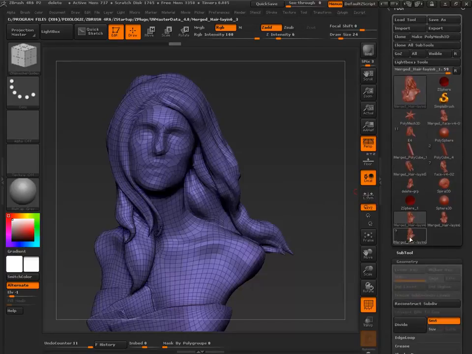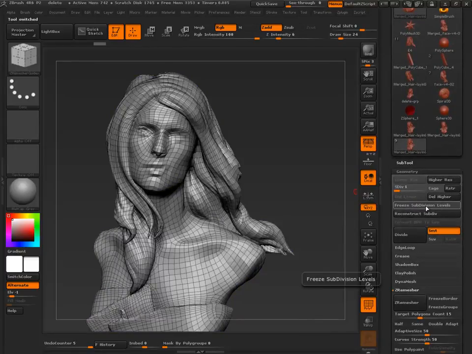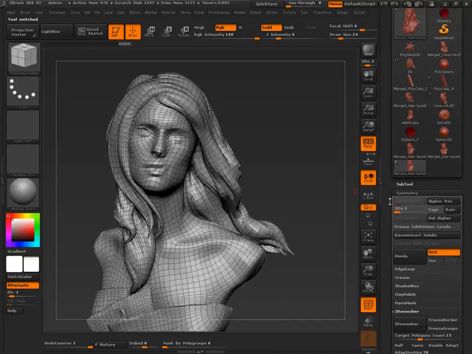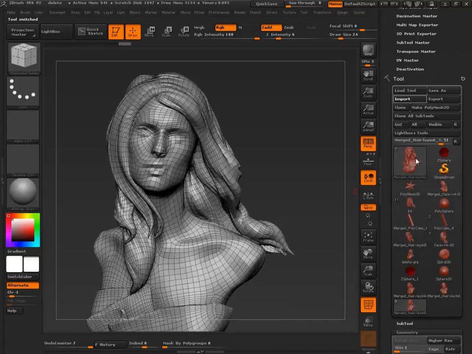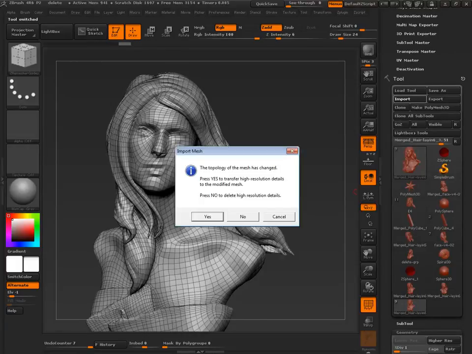Okay. Now we're going to come in here and with these subdivision levels active, we're going to import delete 5. And you get this warning: things have changed. Transfer high resolution details.